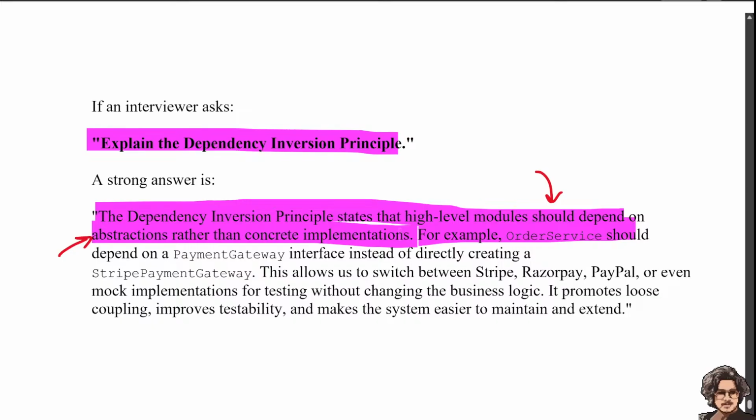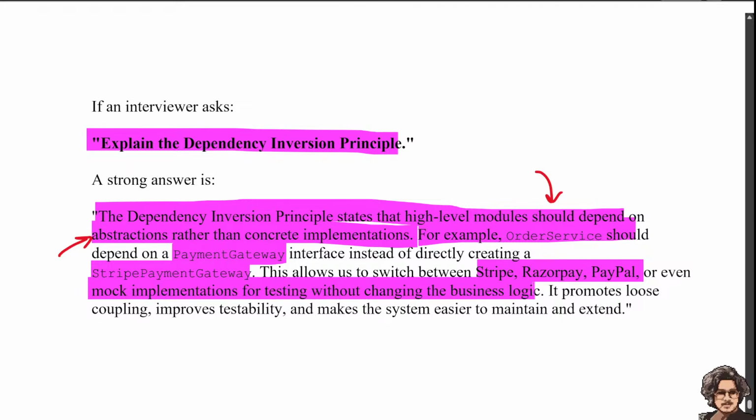For example, the order service should depend on the payment gateway interface instead of creating a Stripe gateway. This allows switching between Stripe, Razorpay, PayPal, or even a mock implementation for testing without changing the business logic. It promotes loose coupling, improves testability and makes the system easier to maintain and